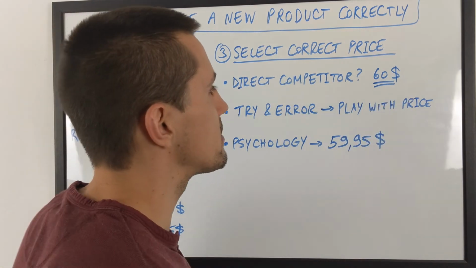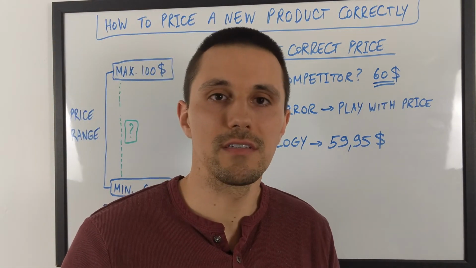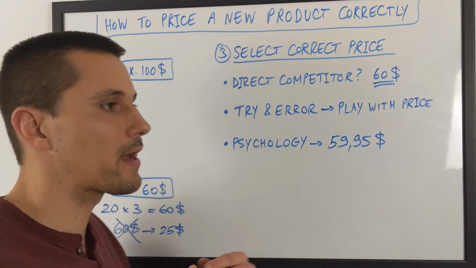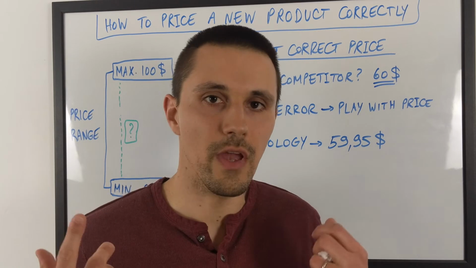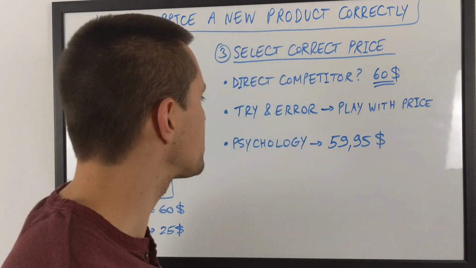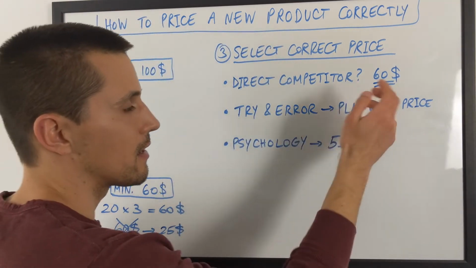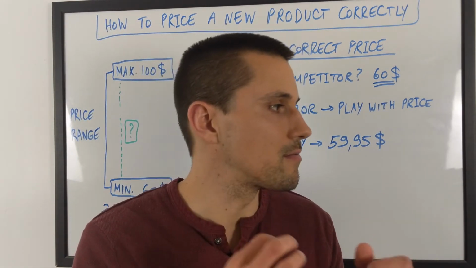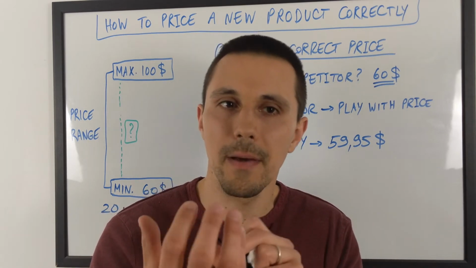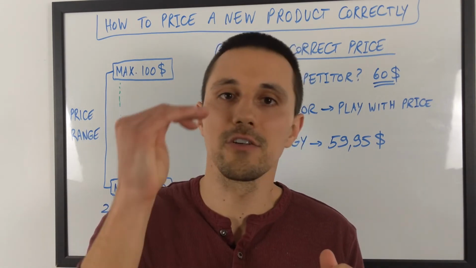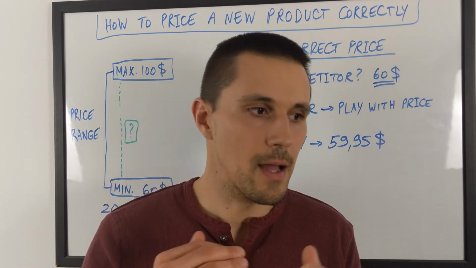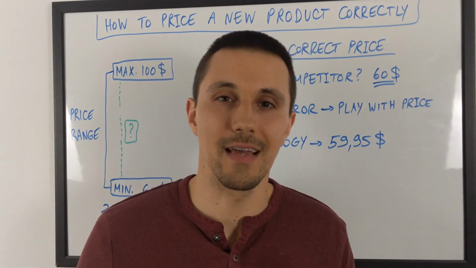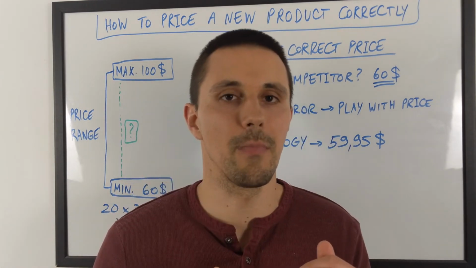Now the question, of course, is you can either follow this direct competitor and say, okay, I can sell it for 60 because my minimum price is 60, so I could match his price. Or you could try something different. Imagine you are pricing it at $70, so a bit more than him, for a very good reason. Maybe work on your marketing, do something better with the image or something like that. And imagine you are selling pretty well at 70, but then if you give discounts, maybe at 65 or at 60, look what happens. And this is where you're going to find your sweet spot at some point,